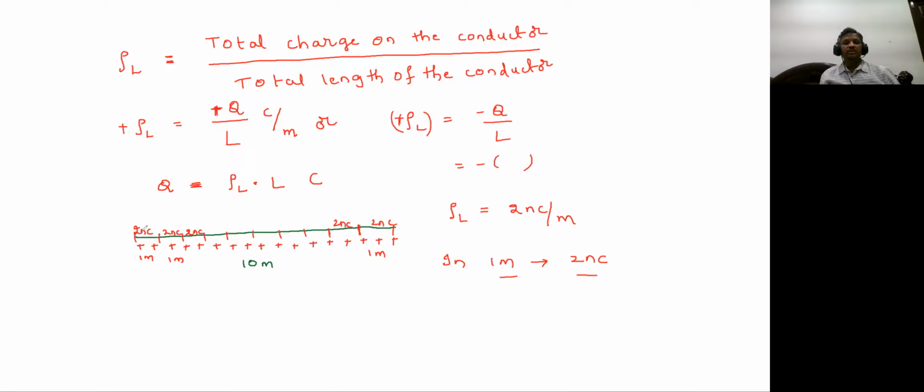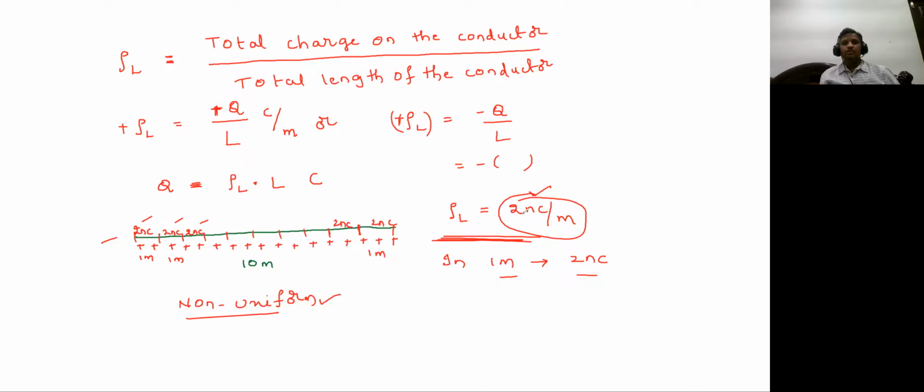If in every 1 meter the charge is different, let's say this is 1, this is 1.5, this is 3, and it is 4, and everywhere the charge will be different, then we call that a non-uniform charge distribution. But I said most of the cases the charge distribution will be non-uniform. You don't find this kind of uniform charge. Whenever you have a number like 2 nanocoulomb per meter or 5 nanocoulomb per meter or 1 coulomb per meter or whatever it is, that means the charge is uniformly distributed.